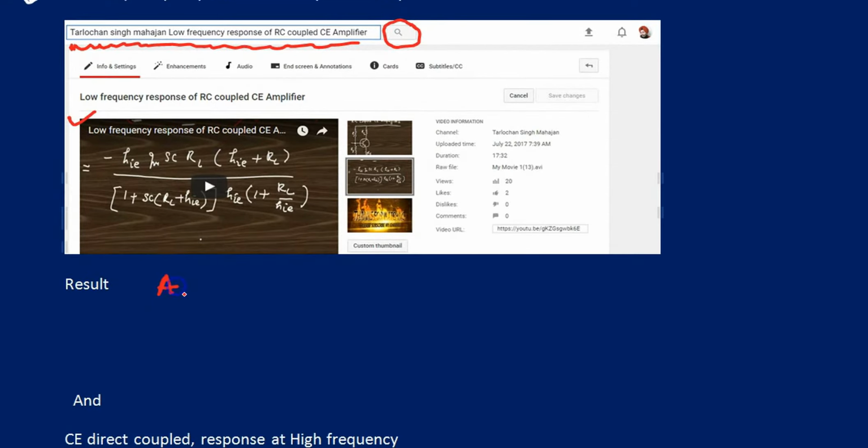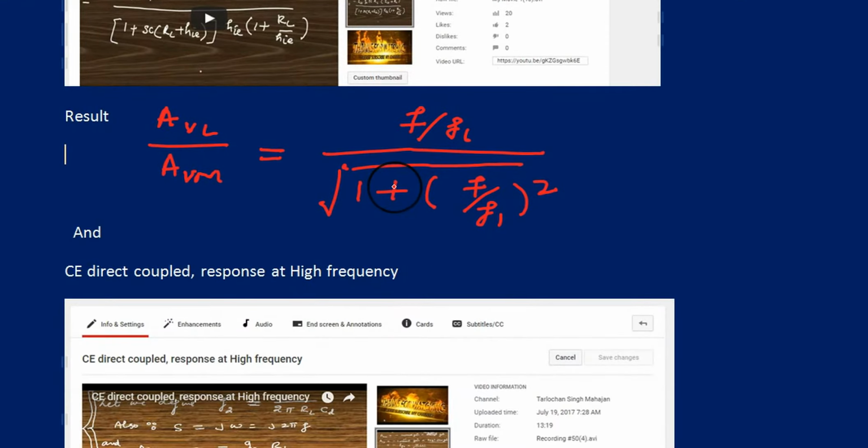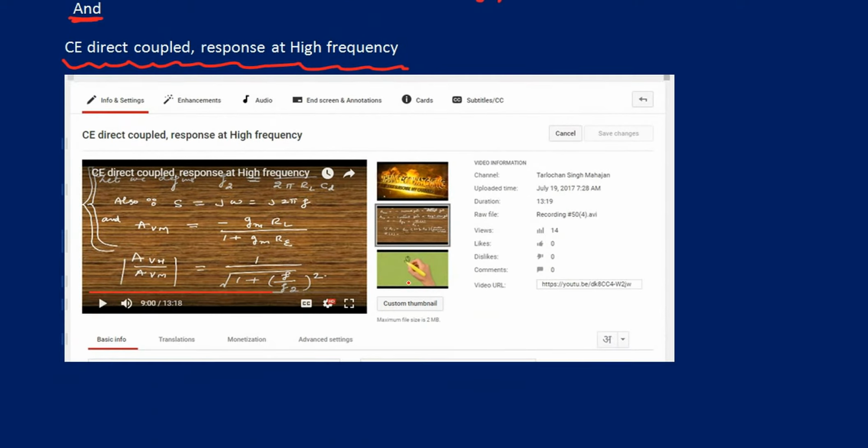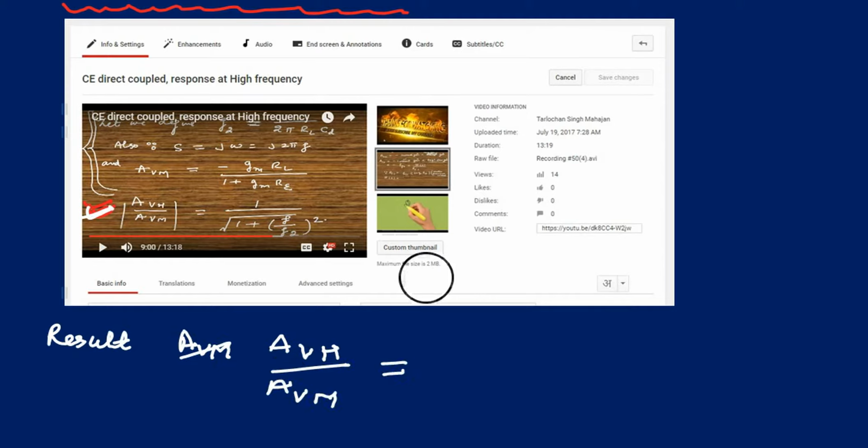That's very important. And the result of this is for low frequency, and the gain is like this: the gain of the low frequency as compared to the gain of the mid frequency. Then you have to go for the second video for the high frequency, and this is the result. Again, the gain of the high frequency relative to the gain of the mid frequency is equal to